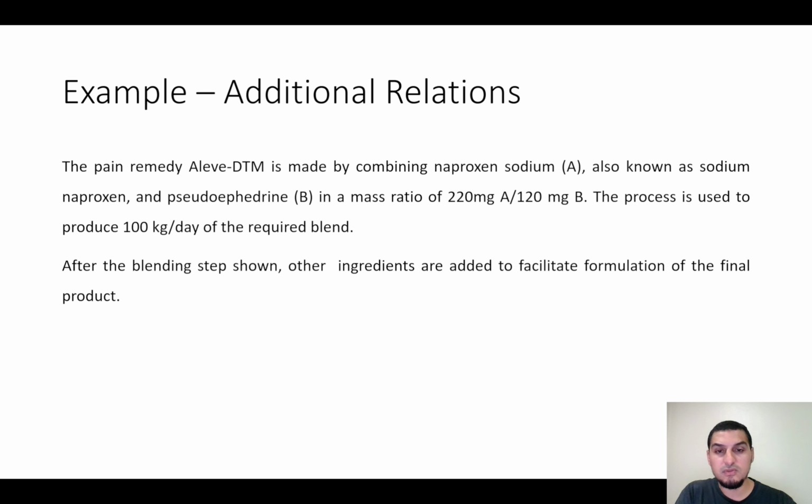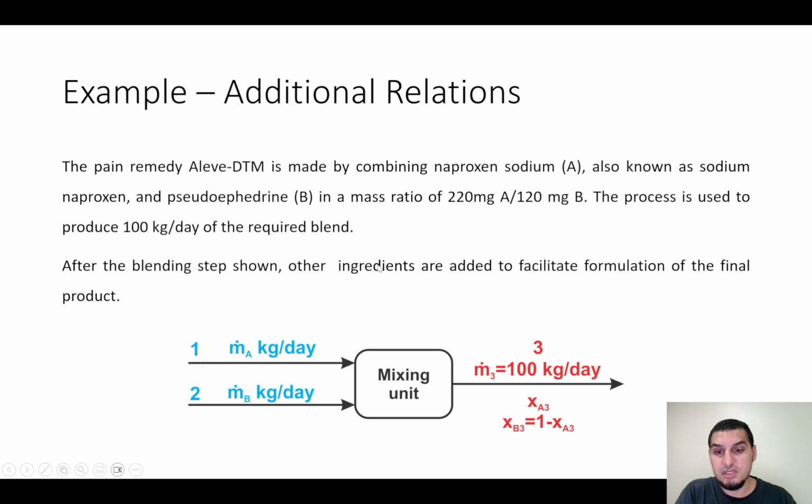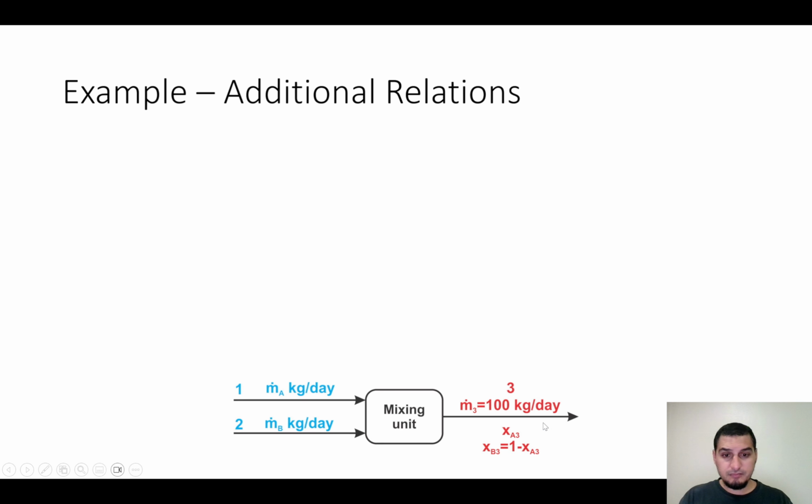So if we try to convert this text into a flow sheet, it's going to be as we see here. It's mass of A in stream 1, pure A, and then mass of B in stream 2, pure B. We know the product is 100 kilograms per day, and we have XA3 and XB3. So based on this, we can